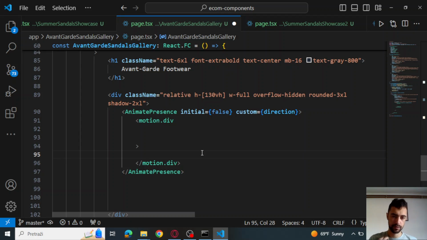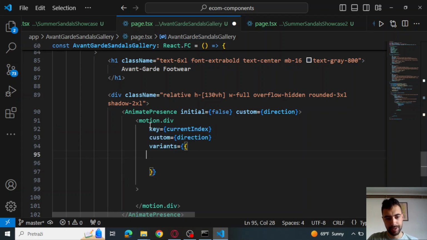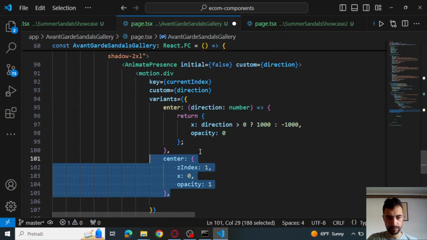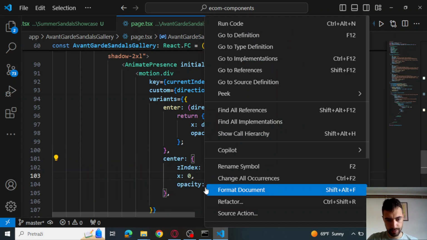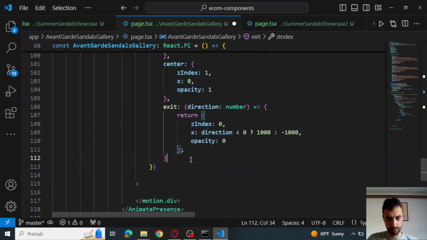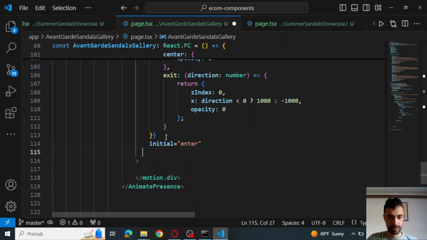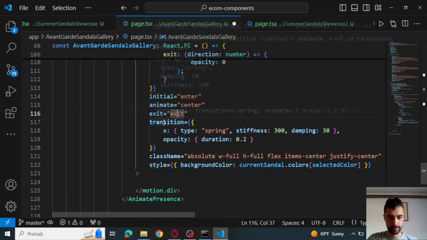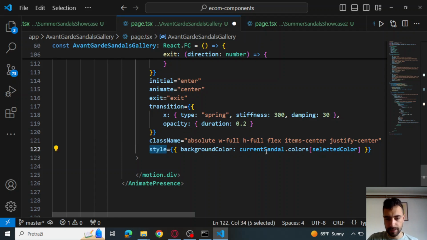Then below make a div, and then AnimatePresence, another motion, and then we're going to have motion div. So enter, so X direction is like this, and we're going to have center, and we're going to have exit like this. So I'm going to show you this animation soon. Initial is enter, animate center, exit exit, transition. Just copy paste this. This is just the transition commands, and then style,